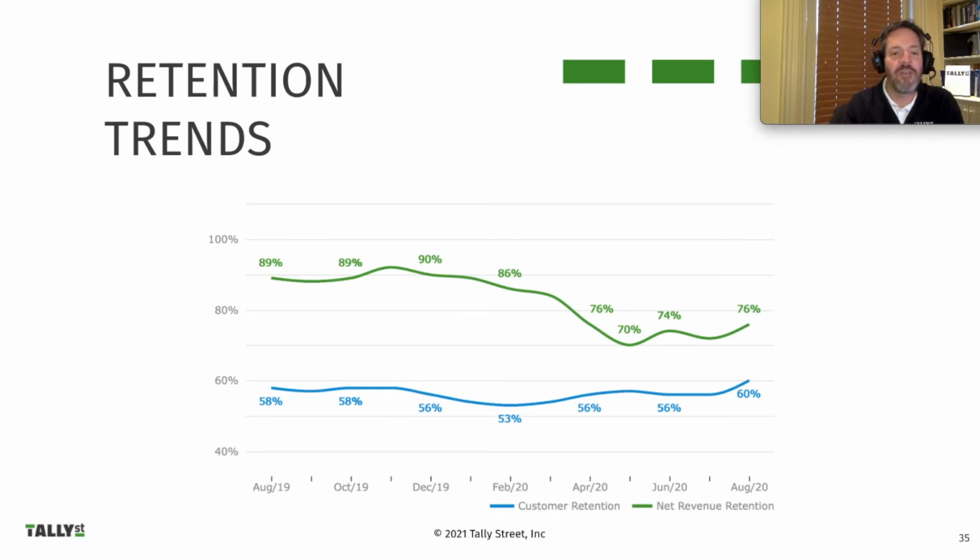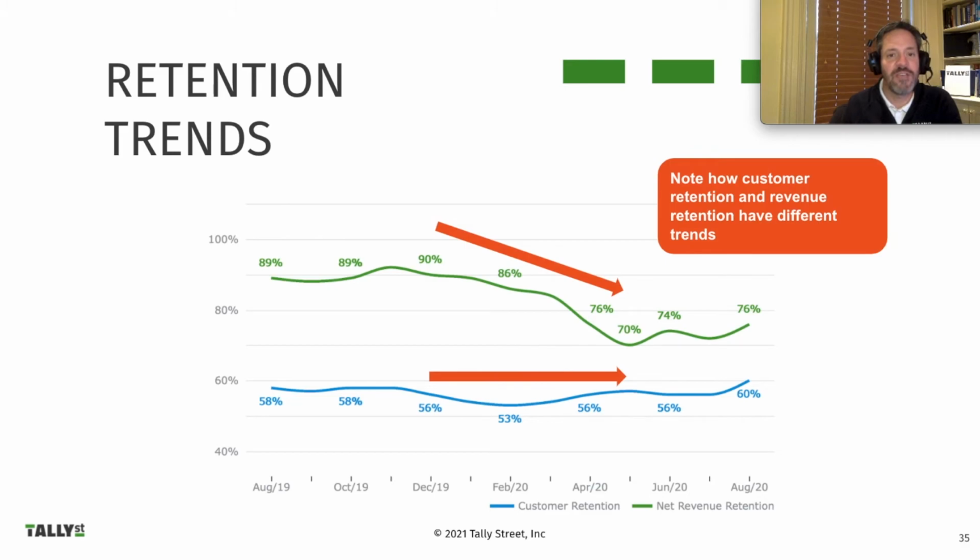and understand how they might impact each other or what they would cause. In this particular case, we see that the customer retention rate has been relatively flat, while net revenue retention rate was down. If this were to continue, this particular business, if they wanted to grow top-line revenue, would have to keep acquiring more and more customers every period in order to make up for the revenue they lost, not only from the customers who left them, the 40% who were not retained, but the customers who were retained that simply spent less money.